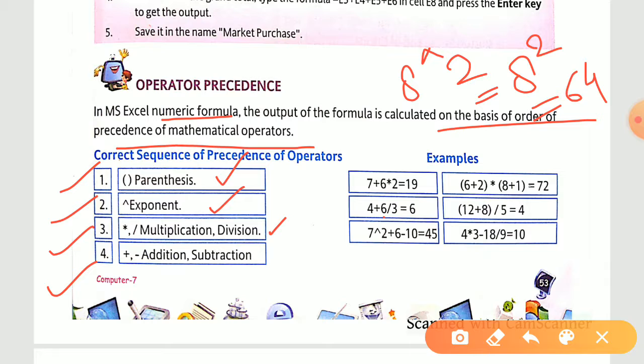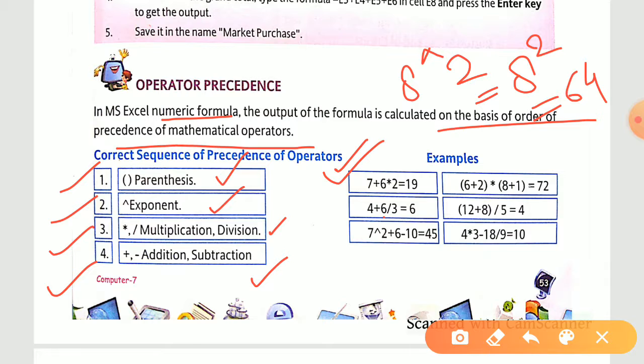Left to right, whatever you get first, you will solve that. Okay, the same thing will go for addition and subtraction as well. So these are the six examples that are given in your book. So what you need to do